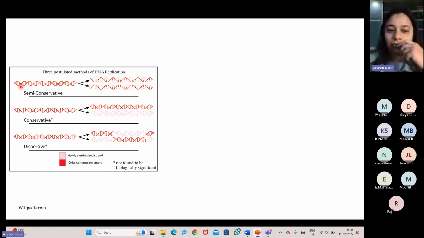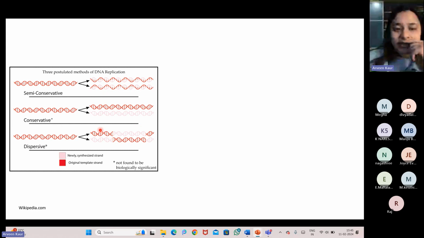One was what we have seen has been experimented on and proven, that is DNA replicates semi-conservatively, right? What does that mean? We know that the parent strands both act as template for one new daughter strand, and now these two become separate DNA, like they are incorporated in separate DNA strands, right?